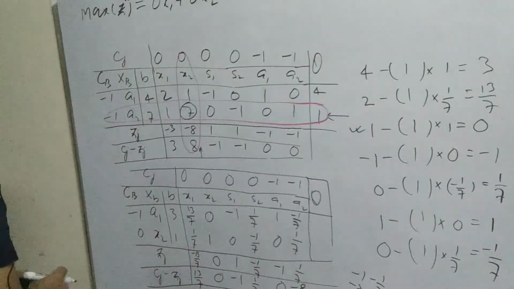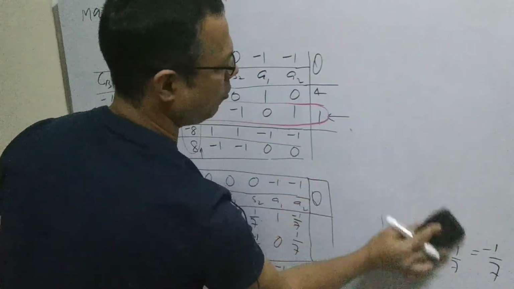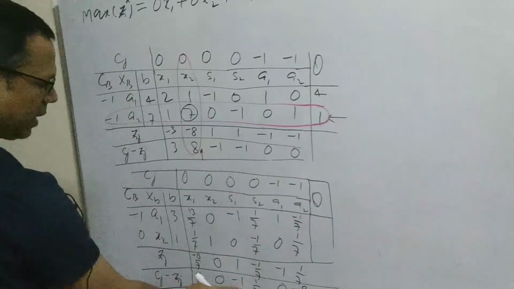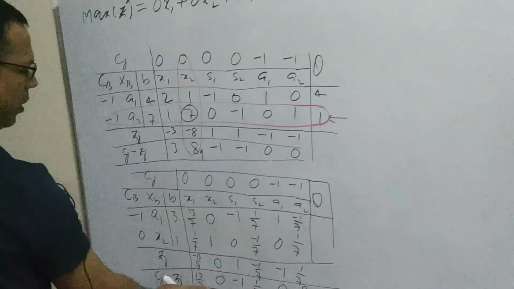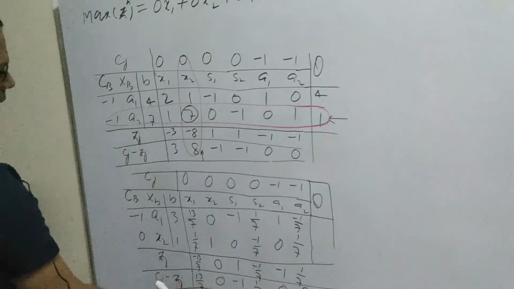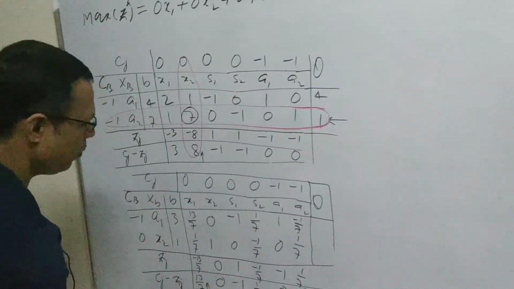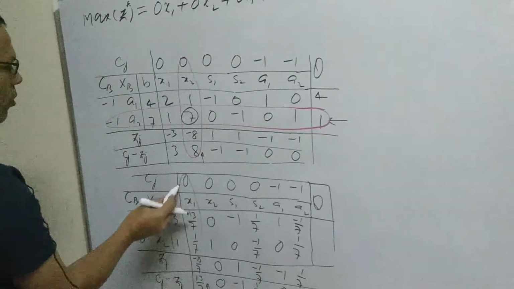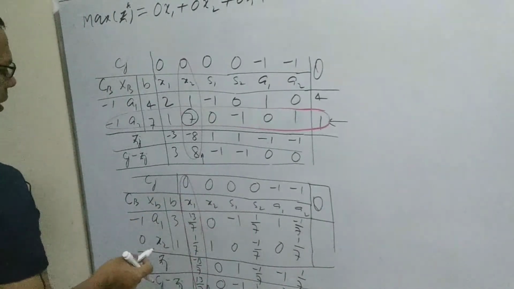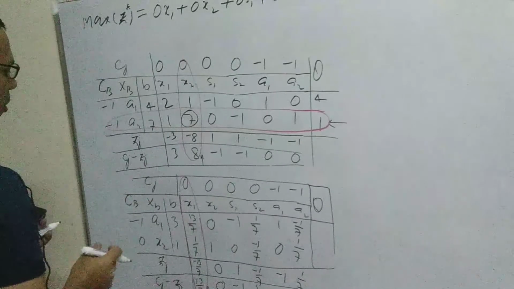So now we have got Cj minus Zj, and check here whether all Cj minus Zj values are negative or not. If they are not all negative, we need to proceed to the third table. Here it is 0, negative, 0, negative. These two values are not negative, so we have to compare which of these two gives the largest positive value. This one is 13 by 7, this one 1 by 7. So 13 by 7 is the largest positive value. So this column's variable is going to enter the basis: x1 is going to enter. Now we will see which row's variable is going to leave the basis.